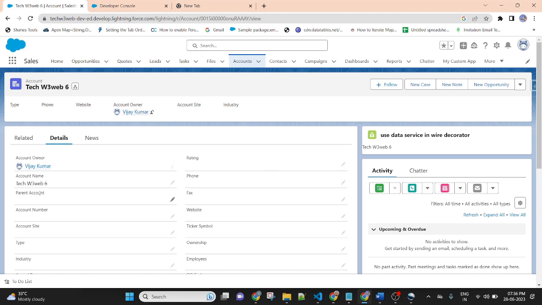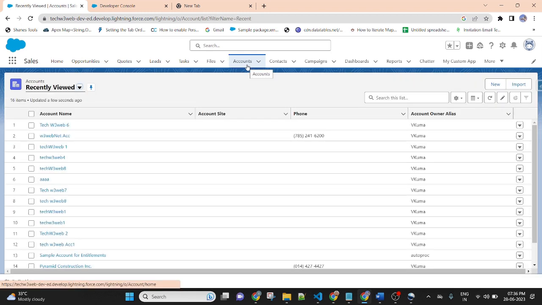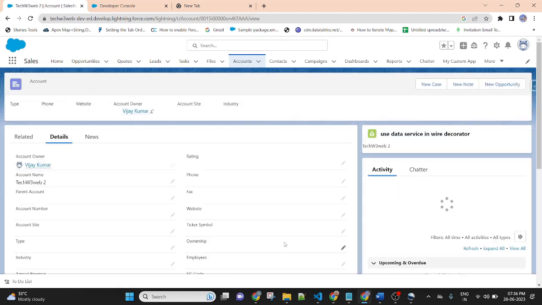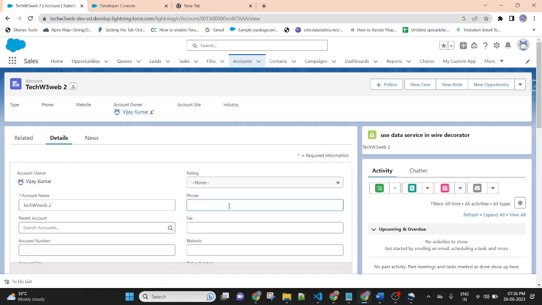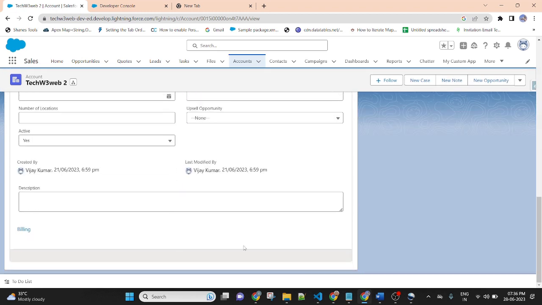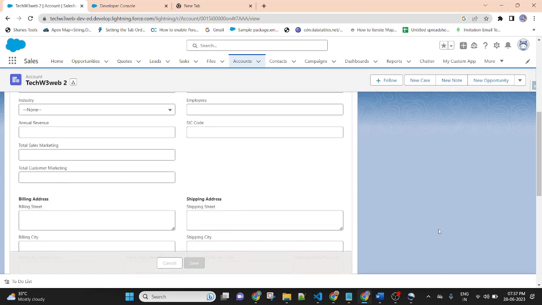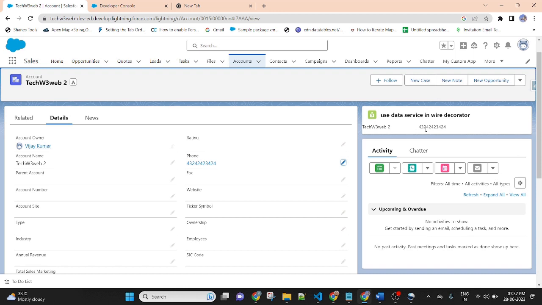So here the phone does not appear, so the phone is blank and the name is displayed. If the phone is not available and you put the phone here, then after updating this account record, the phone will be automatically populated on the right side.